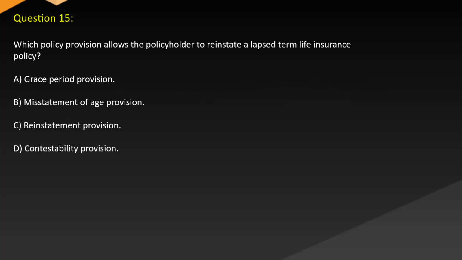Question 15. Which policy provision allows the policyholder to reinstate a lapsed term life insurance policy? A. Grace period provision. B. Misstatement of age provision. C. Reinstatement provision. D. Contestability provision. Answer